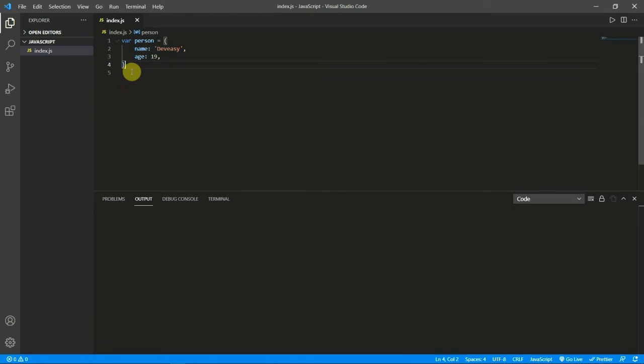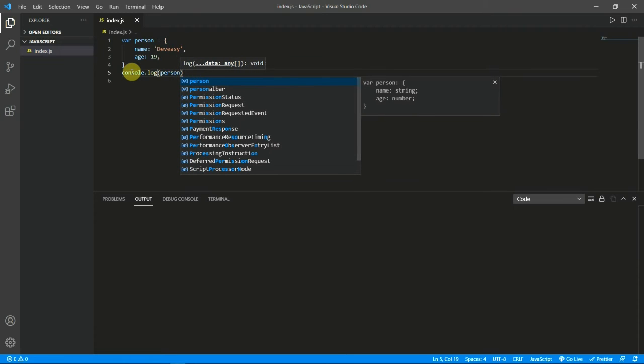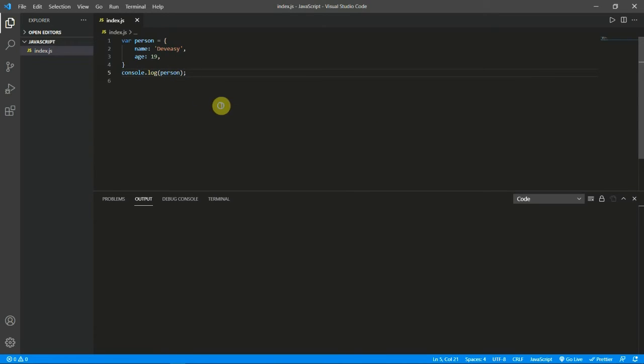Now let's see how we get the data in the console. We will just output it. We will console log person. Now let's run this. Here we go, we got name as dev.easy and age 19.